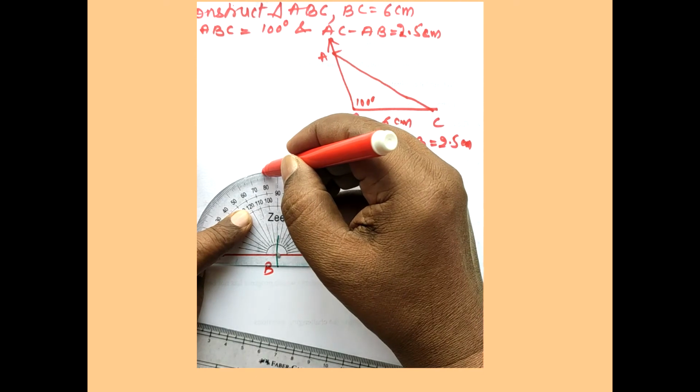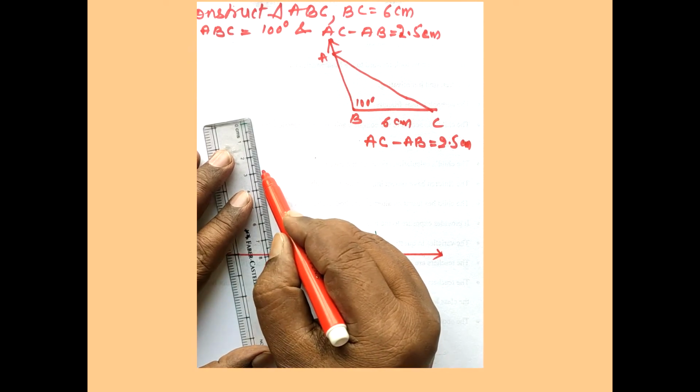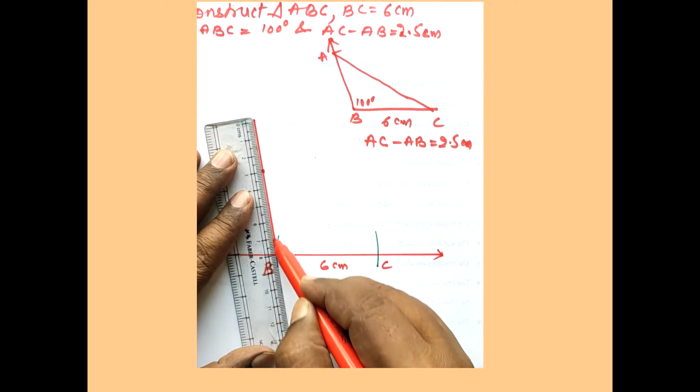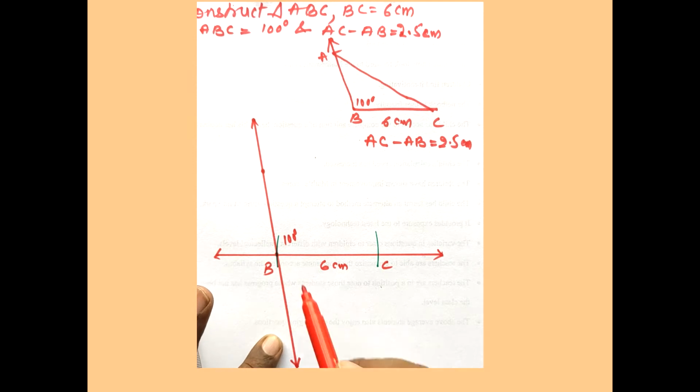So here is the point. I will draw a line passing through these 2 points. You will see that I have drawn the downward side also. Whenever the opposite side is given greater, we need to go towards downward. The angle we form on the upper side only, but we extend the line to the downside. So we get a supplementary angle. If this angle is 100, this will be 80.